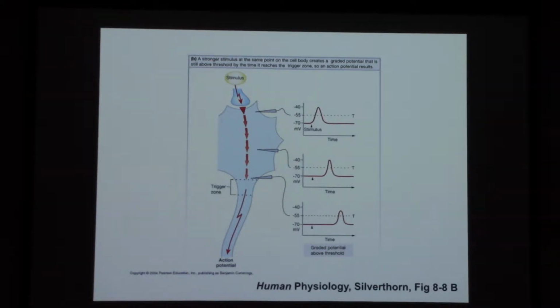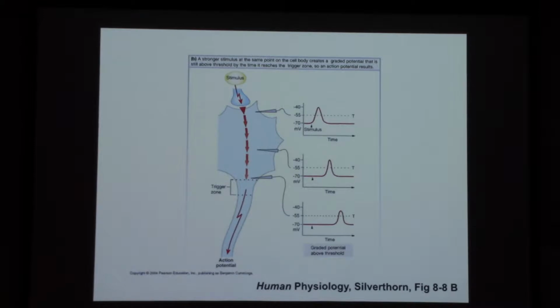And if the strength of the graded potential, when it reaches this area of the cell, is at some minimum threshold value or higher, right, or more depolarized than that, then you do get an action potential. If it's below that, you don't get an action potential. Okay? And so that level that we pay attention to, that's the threshold level. People have questions about that? You guys remember it all?